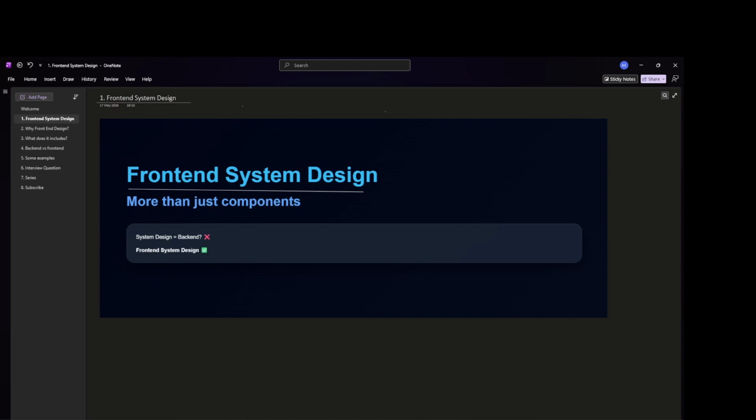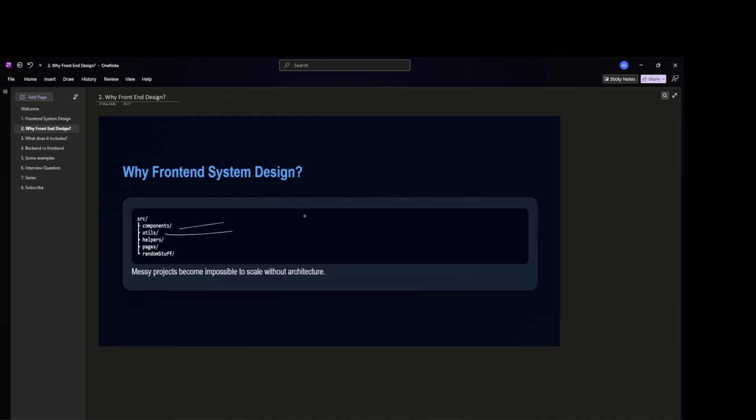Think of a very big React.js project with hundreds of files. Components everywhere, a lot of utility functions, helper functions, multiple duplicated API calls, and state management handled in multiple different ways.